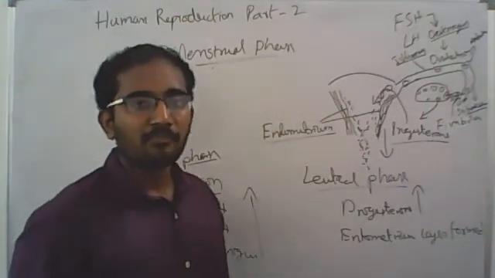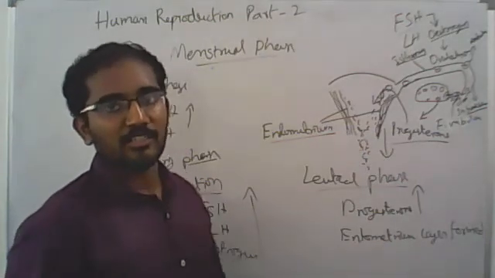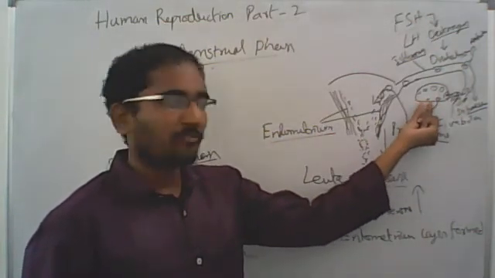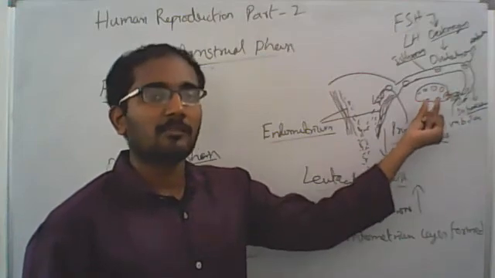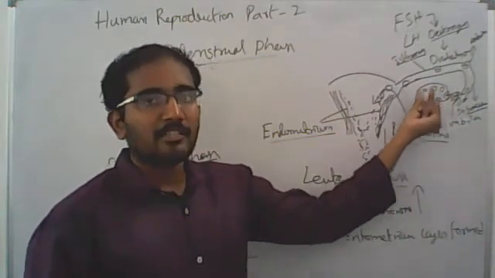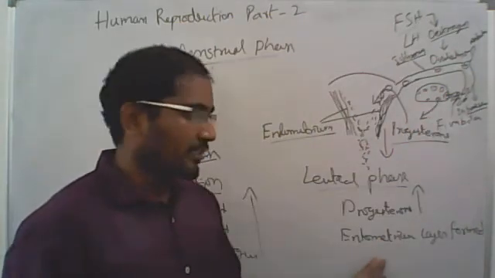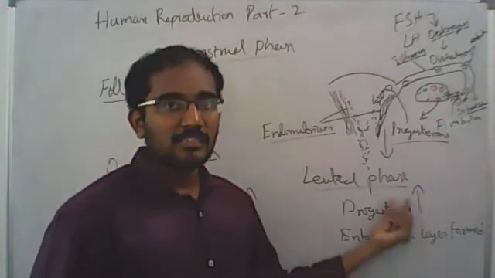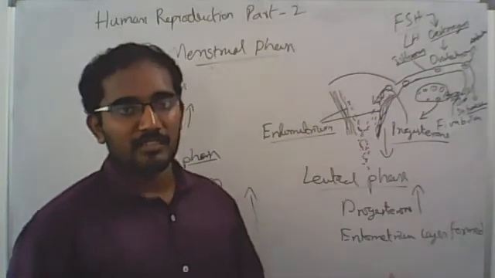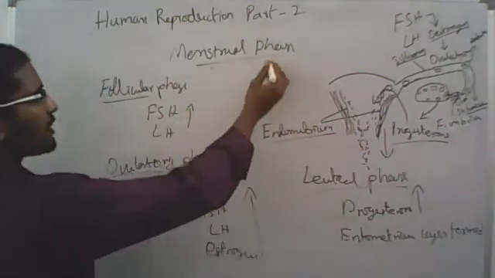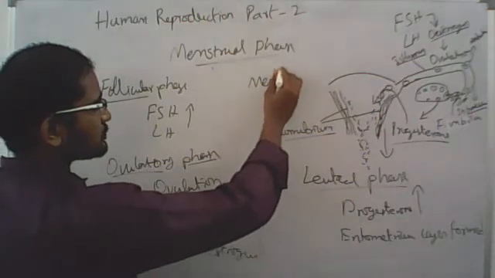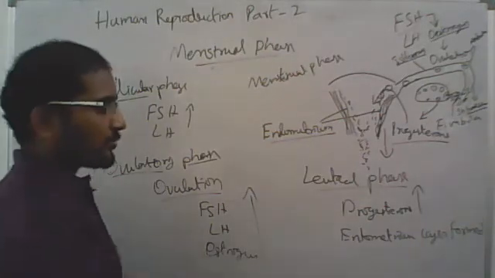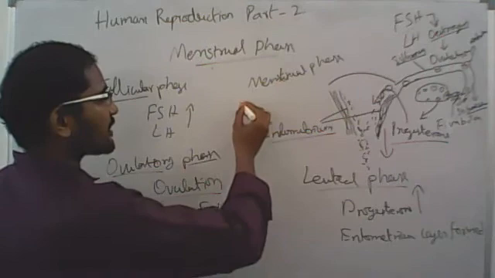Okay? Now, after the luteal phase. At the end of the luteal phase, the corpus luteum is going to form the corpus albicans. It's almost in a degenerated state, so it can't produce progesterone. So at the end of the luteal phase itself, the progesterone level starts decreasing. Then finally the menstrual phase. After the luteal phase, the progesterone level drastically decreases in the menstrual phase.